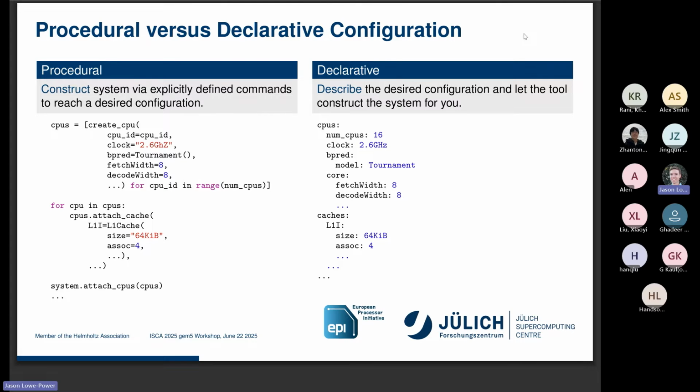We use the word declarative. This is what we mean by it. You can have either procedural or declarative configuration, each with its own trade-off. This is not a claim that one is better than the other. Each serves its own purpose. Procedural is what in gem5 is the default: you construct the system and explicitly define commands to reach a desired configuration. A declarative configuration looks something like this: you describe the final state and let the tool construct the system